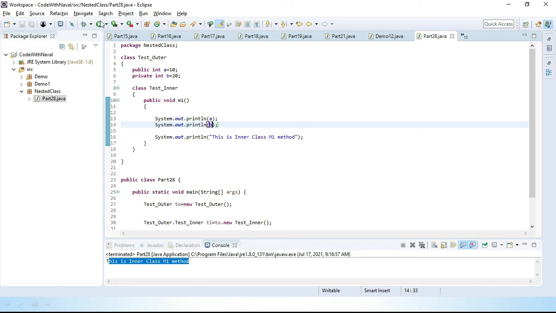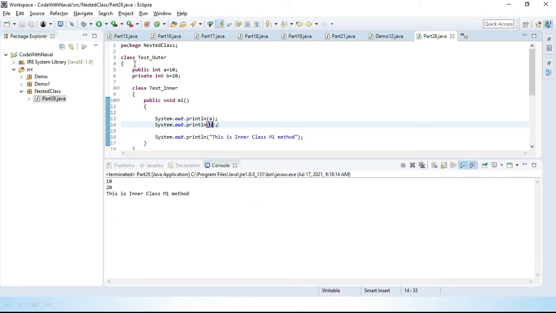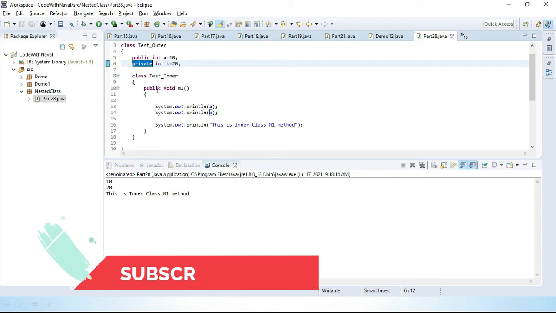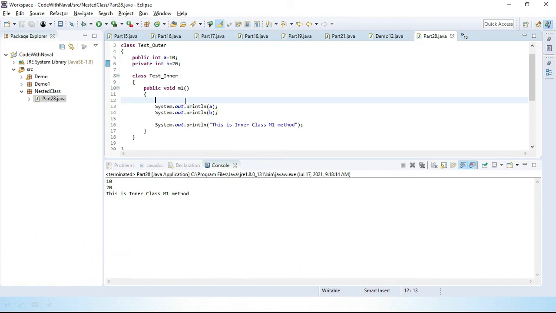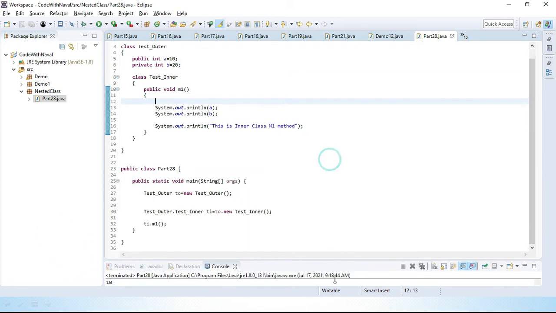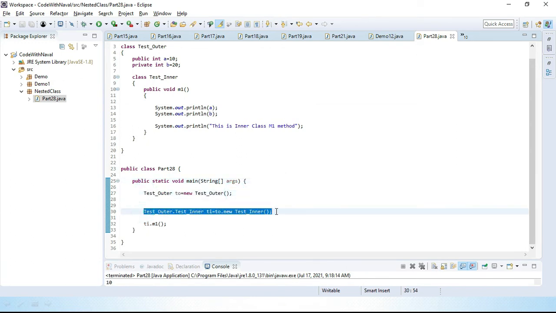Let's save and run this. You can see we got 10 20. 10 is the public variable and 20, this b variable, is the private one. We can access a private variable also inside inner classes, and to access this inner class, first we have to create the outer class object, then we have to create this inner class object.